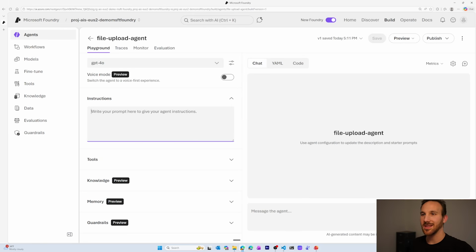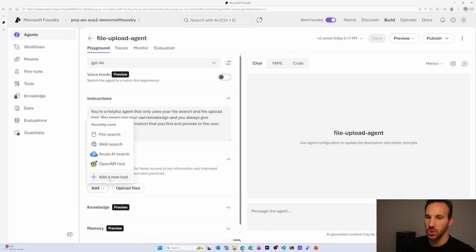My agent's created. Let's give it some instructions. You're a helpful agent that only uses your file search and file upload tool. You never use your own knowledge, and you always give references to the information that you find and provide to the user. We'll save this. Now we'll go to Tools, add a new tool,